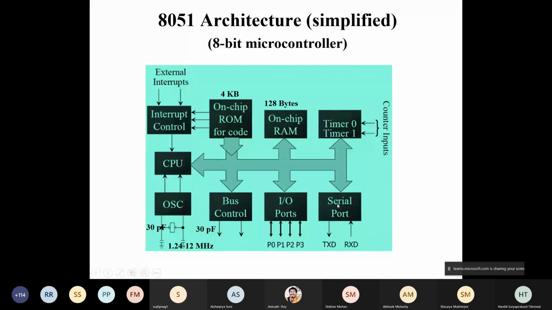UART serial port is there. In UART, there is the TXD pin moving out data and the RXD pin moving in data. And IO ports, there are 4 8-bit ports. Look at the thickness of these bidirectional arrows. Bidirectional means bidirectional data transfer, whereas the enhanced thickness is the more traditional way of drawing multi-line signals. So each of these bidirectional arrow lines has 8 bits. So there are a total of 32 lines over here.